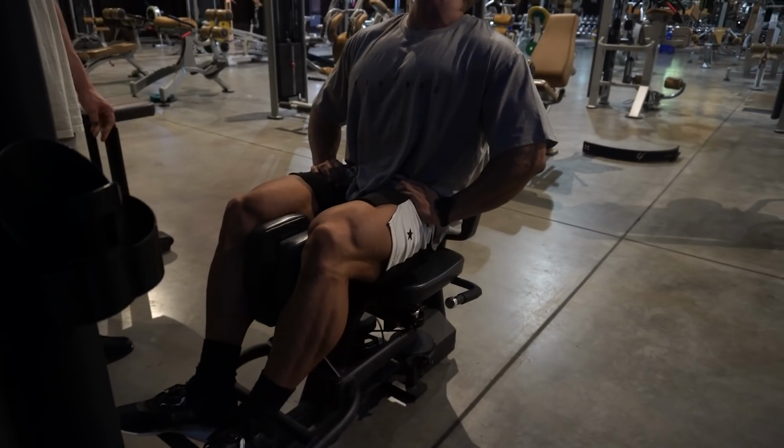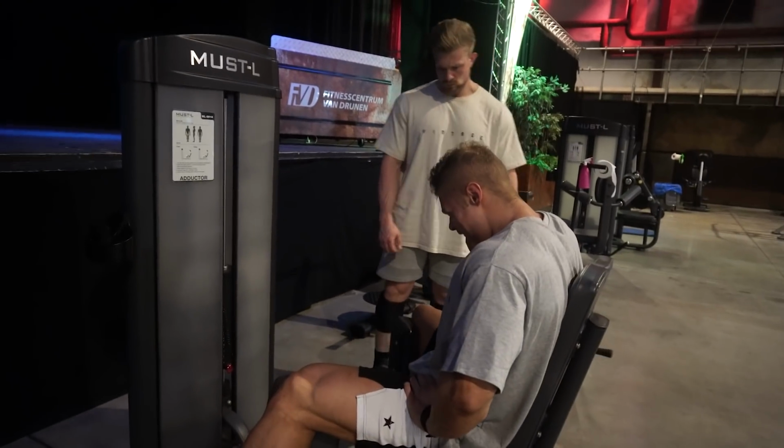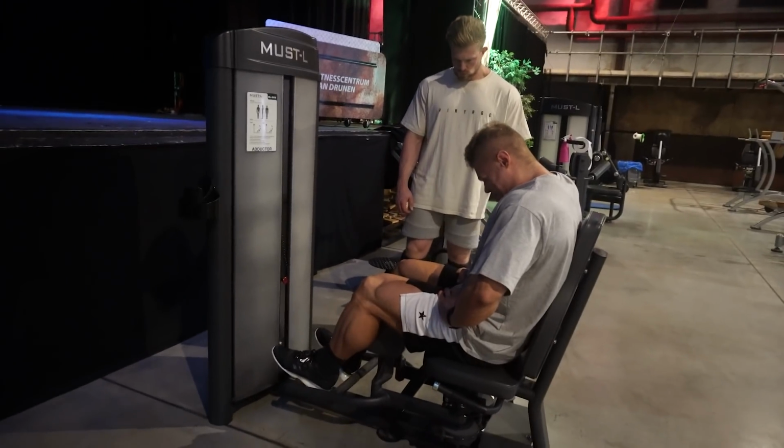And during this movement, what you want to do, if the stack is too light, you want to turn these reps into paused reps, which is what I'm doing. So stretch out as much as you can, then pause at the contraction and just keep going until